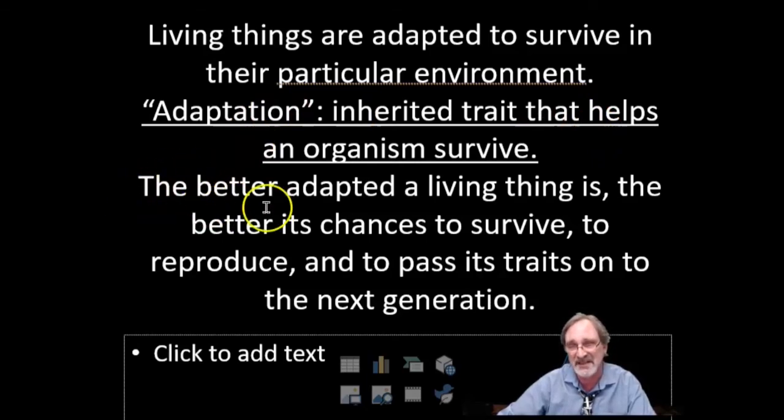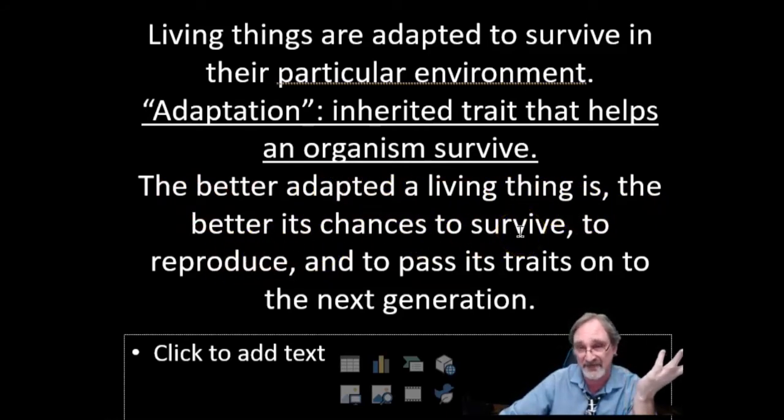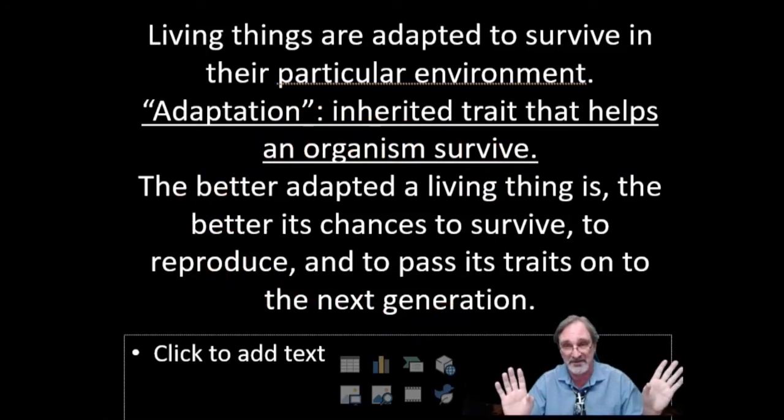And then here's the key thing that we're going to go over in the next couple of weeks. The better adapted a living thing is, the better its chances to survive, to reproduce, that is to have babies, and to pass its traits to the next generation. This is a key idea in understanding how nature works, how biology works.